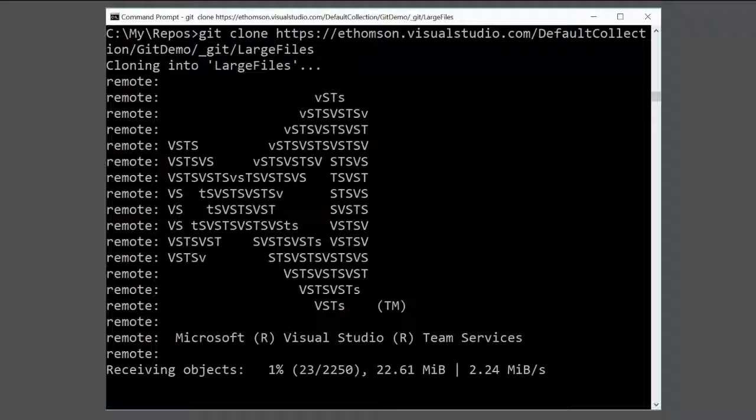There are about 750 different revisions of these 1 megabyte PNGs. That adds up to 750 megabytes. So right now I'm cloning 3/4 of a gigabyte, very slowly. So I'm going to cancel that. Instead, I'm going to clone